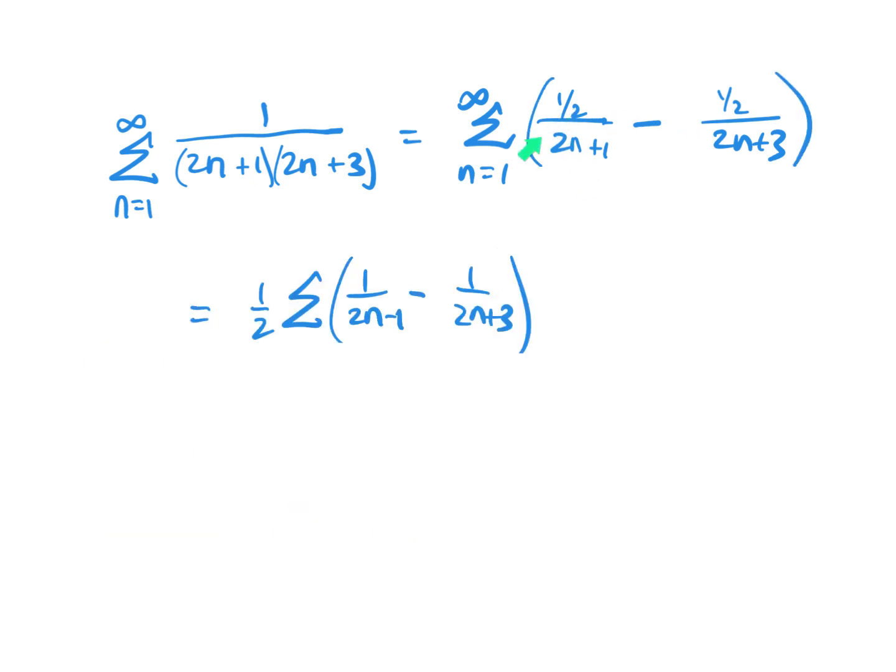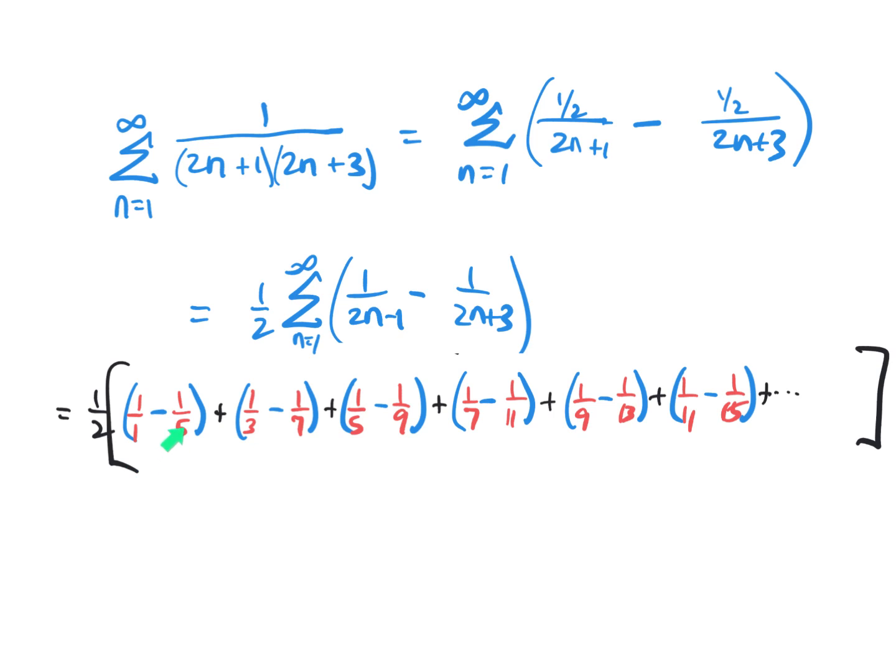I'll factor out that 1/2, and now expand. And when we expand, don't actually do the subtractions, just leave them written as subtractions. Here we go. So if we expand it, these are the first 7 terms, the first 6 terms, and now we search for